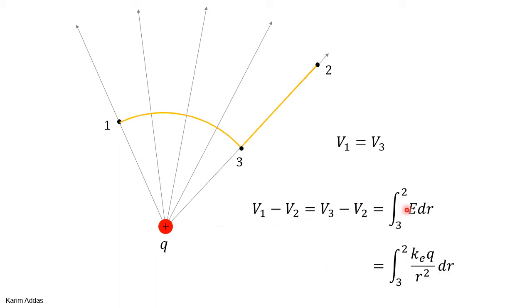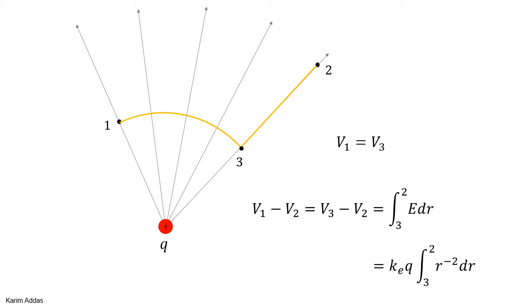So integration of E dot dr becomes integration of E dr because the electric field is pointing radially outwards and the displacement that you're moving is also radially outwards, dr vector. So the angle between them is 0. So we got rid of the dot product. Instead of E dot dr, we got E dr. So that makes things easier. And we know the electric field due to a point charge is kq over r squared. So you get integration from point 3 to point 2, kq over r squared dr, which is a very easy